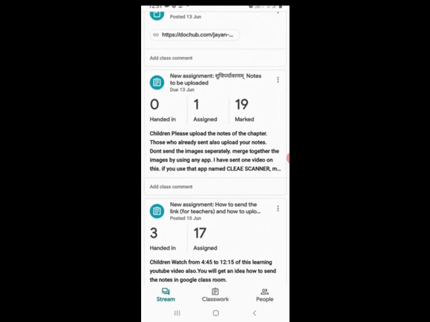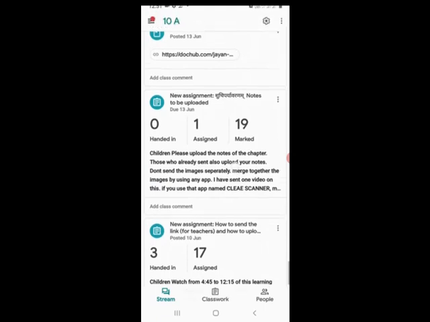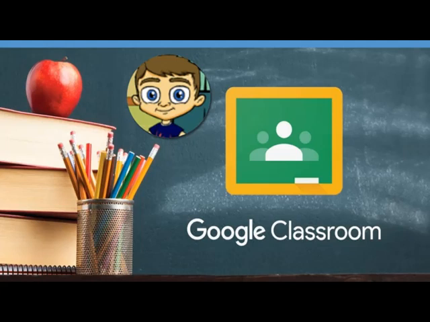Otherwise, what will happen? All the notes will come here and there, and all the other children can see all the notebooks. All the children's notebooks others can see. I think that you know. I will show you how to send that link. Just before uploading the images, children should get one link. Only through that link should children upload the images of the notebook. That assignment link, how can we send? Okay, I will show you how to send that assignment link to the children.